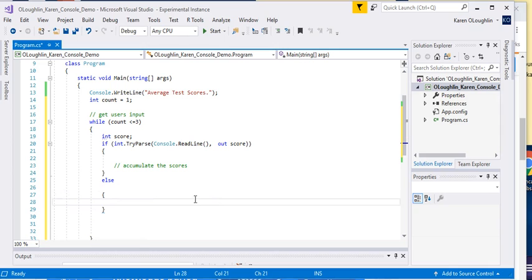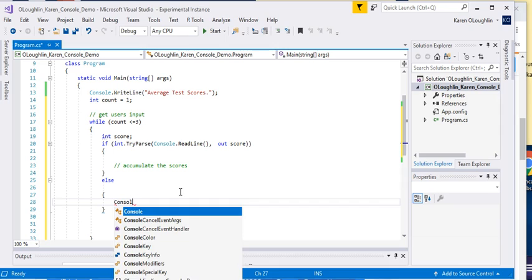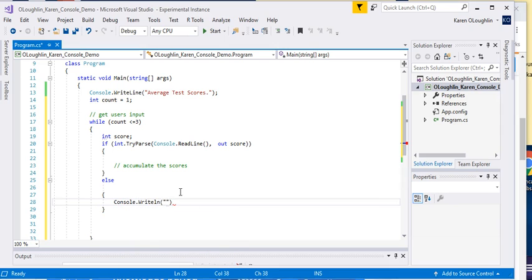Now on the error message for this one, you can't use message box because we're not in that GUI anymore. We're in the console, so we just have to do a Console.WriteLine and just say something like invalid data. And so if we run this program, it should allow us to enter scores. I do need to double check a few things on my